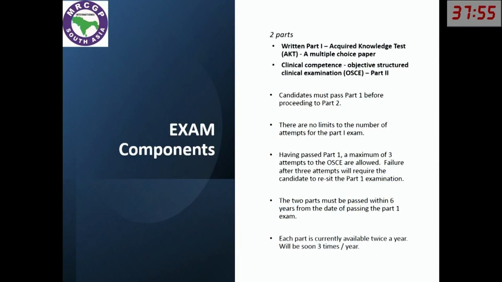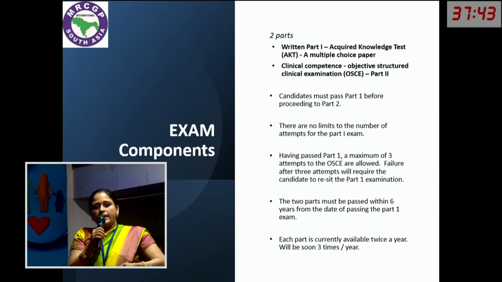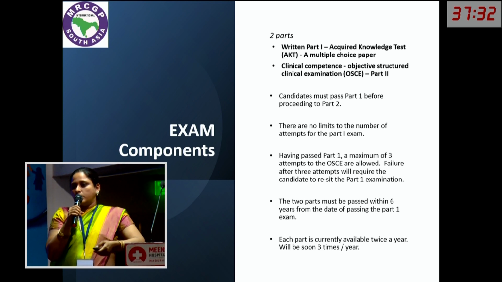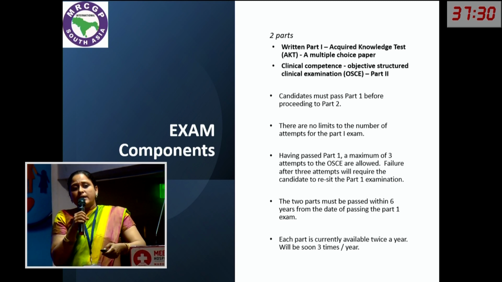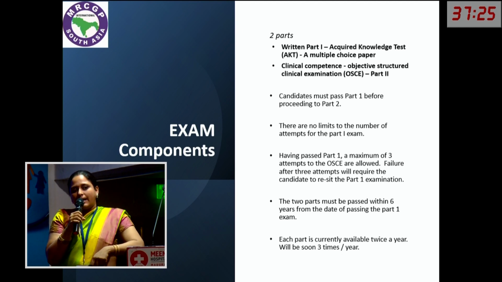So as I said, the exam has 2 parts. Part 1 is AKT. Here, in part 1, you will have 200 questions, which should be attempted in 3.5 hours. The AKT, Applied Knowledge Test, is mostly clinical application oriented questions, not recall-based or fact-based questions. So you should have knowledge and apply it clinically. The question structure is very good. And if you have completed a structured family medicine course, cracking MRCGP will be a little bit easier.